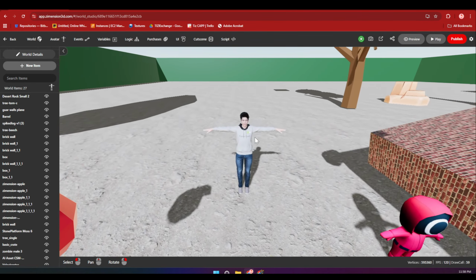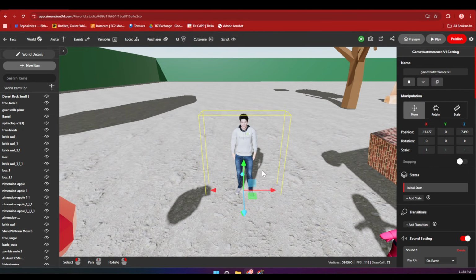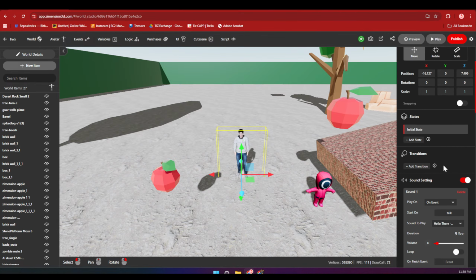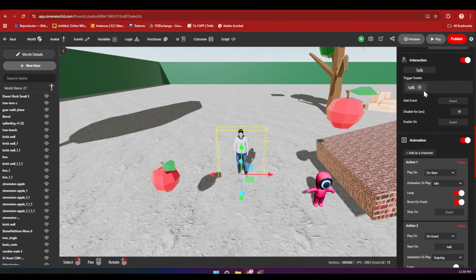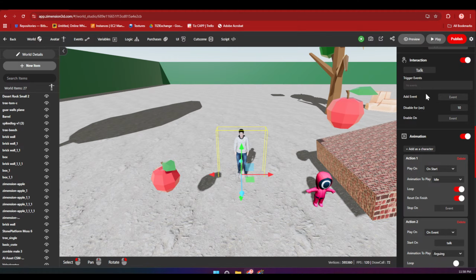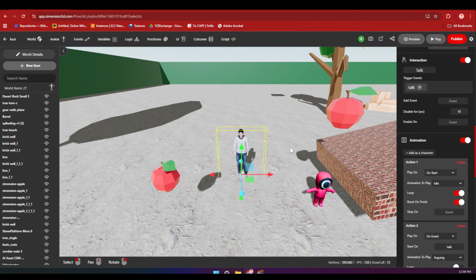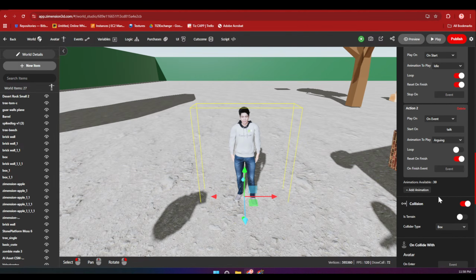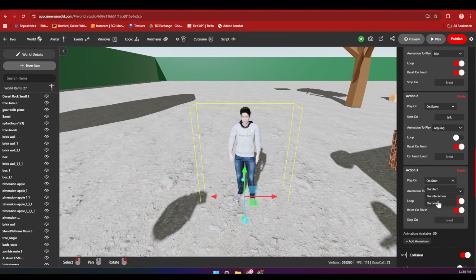What I'll do is, we will let him speak, but after this we will show a UI, and the UI will have a choice, and based on our choice either he will dance or die. Okay, so let me add some animation of him being